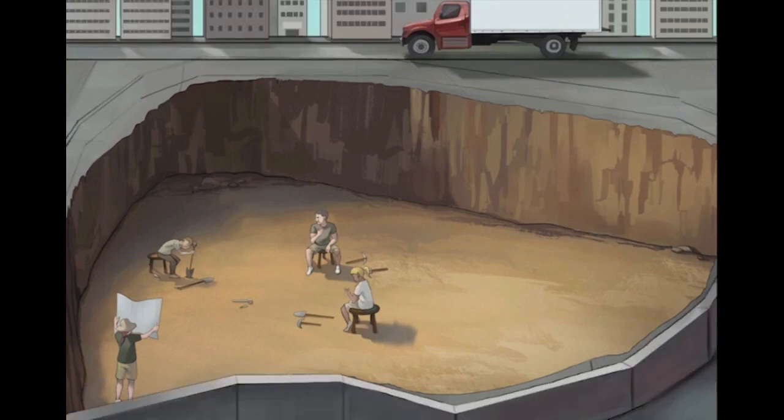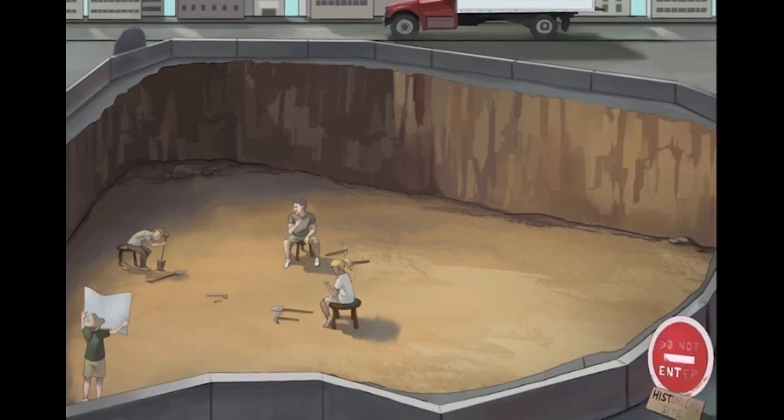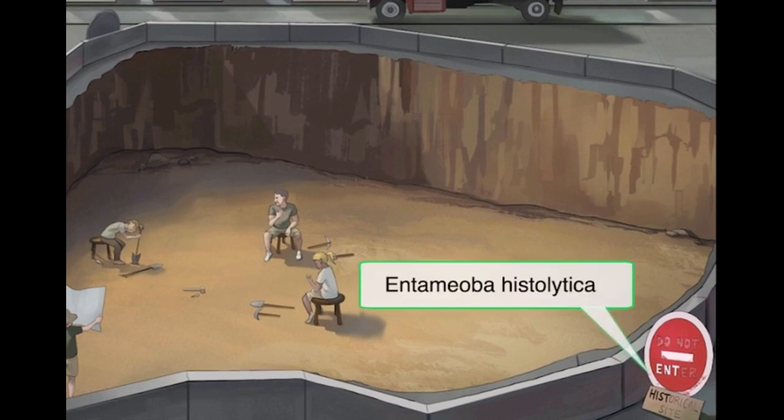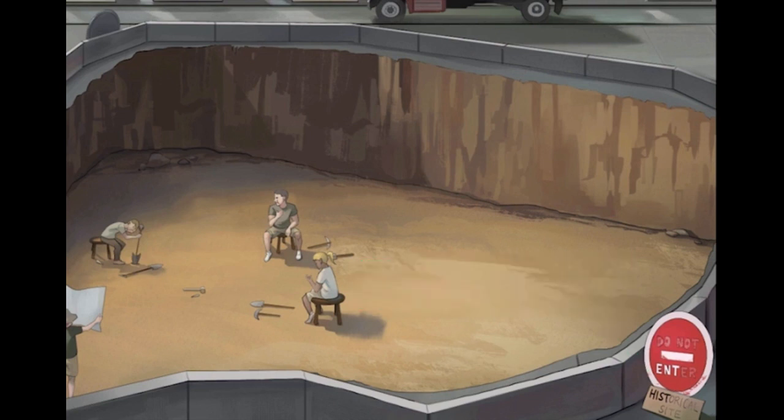We're drawing this sign down here at the bottom right that says "Do not enter historical site." We bolded "ent" and "hist," of course, for Entamoeba histolytica. So, just curious, what do you think about the shape of the dig site? I hope you're thinking, gee, that looks like a liver, because if so, you're a Sketchy Microbe pro. And I'll get to why it looks like that in a little bit, but first let's talk about transmission and